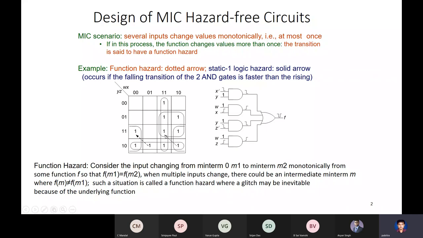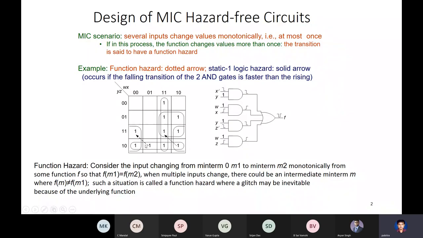Those we would call dynamic. So this 1 means this is the output value, the expression value, the output of the function. That is 1 here and 1 here. So this is static. And this is static 1 actually. Okay, so this is also a static 1 because it's 1 in the start and 1 at the end,